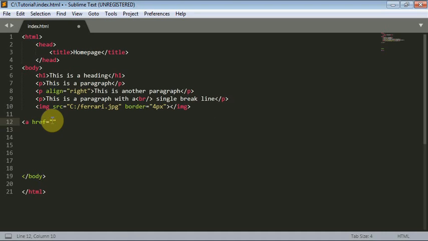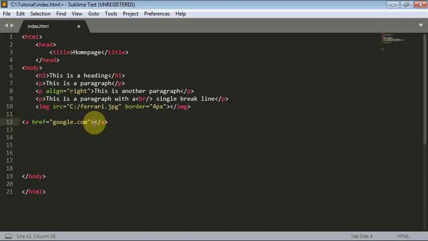Within this code, you are going to add your address location. So maybe www, let's just write google.com. So when you close it,